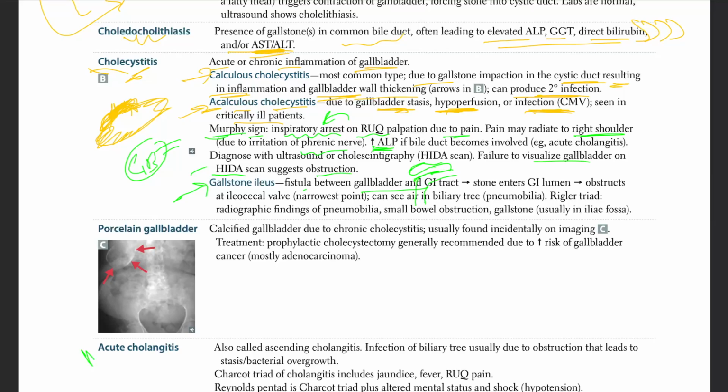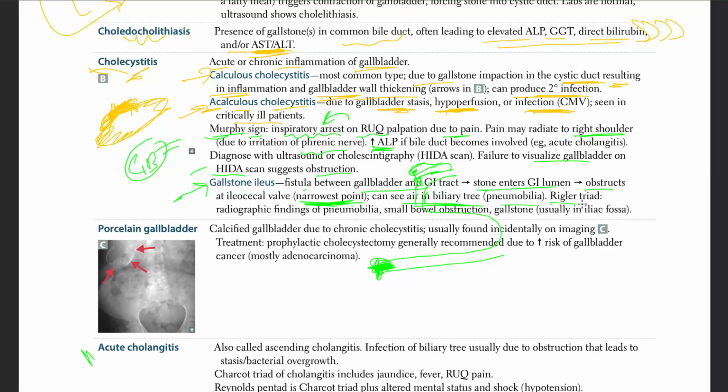So stone from here enters the GI tract, obstructs, but from the duodenum it goes all the way to the ileocecal junction. It obstructs at the ileocecal junction now, because that's the narrowest point. So now, because it's obstructed here, you will see biliary air in the biliary tree,